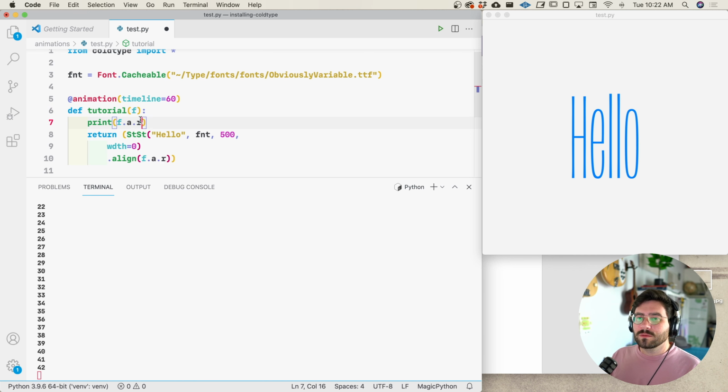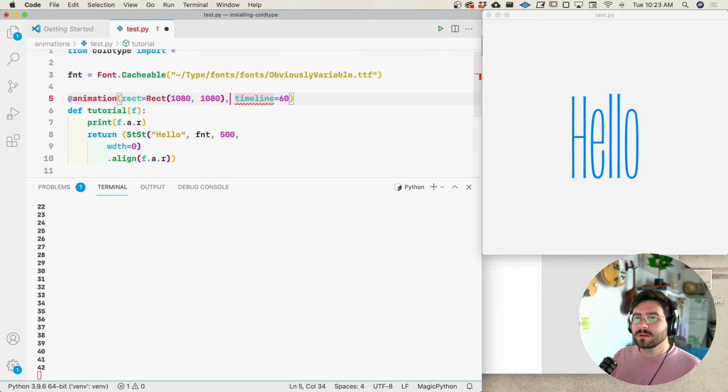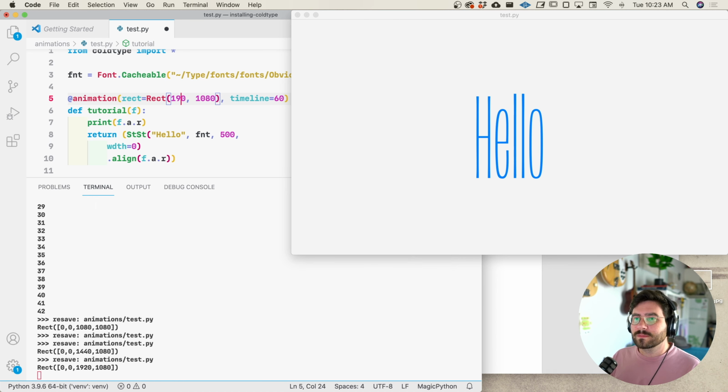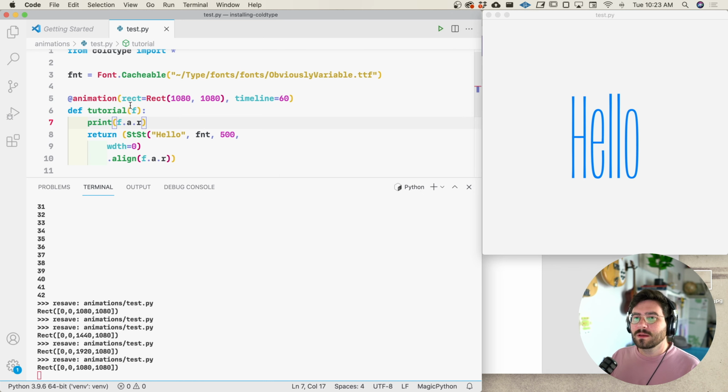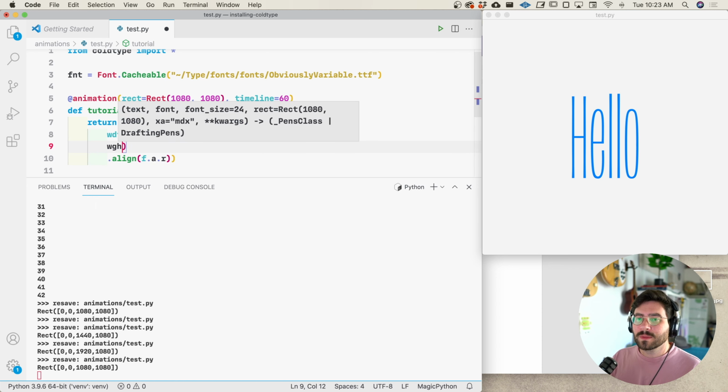F.A.R is the rectangle of the animation. There's an implicit rect argument here, which is 1080, 1080. This is the default, so if I hit save, nothing happens. If I want to make it 4:3 aspect ratio, that's how you do that. 1920. You can tell I've used Premiere a lot for film editing. I like the square. Big fan of the square. Get rid of that. So all this is saying is take the vector that we've created here and align it to this rectangle. We can increase the weight,